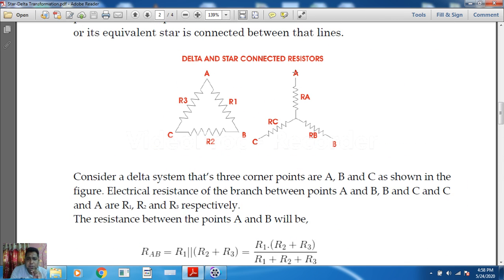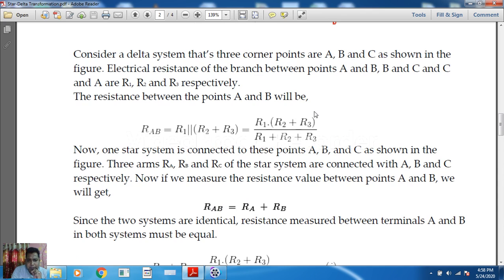Now, coming to the star connection. In a star connection, if we think there is a source between A and B, what will happen? Current will enter through A and go like this. There is a neutral, but current cannot go this side towards the C terminal, as the terminal is open. So current will flow through the B terminal. The same current is flowing through A and then through B. So these two resistances, RA and RB, are in series. So RAB in case of star connection is RA plus RB.